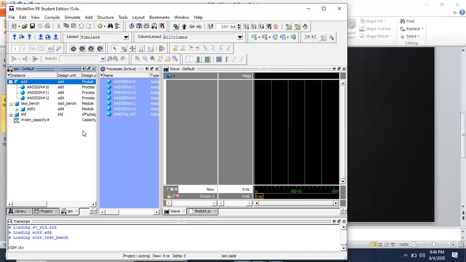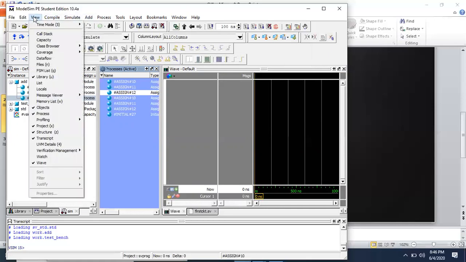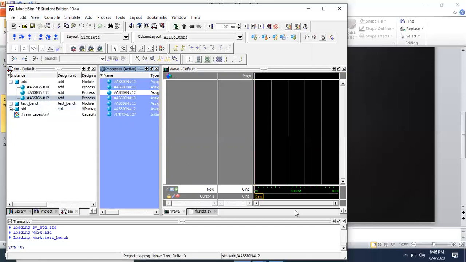Similarly, test bench, and when you click on this, these are the different signals which are present here. Just go to the view option and click on objects so that the objects section will be visible.